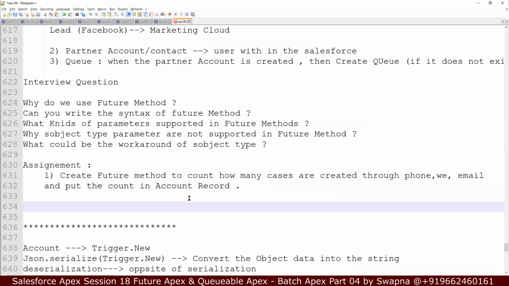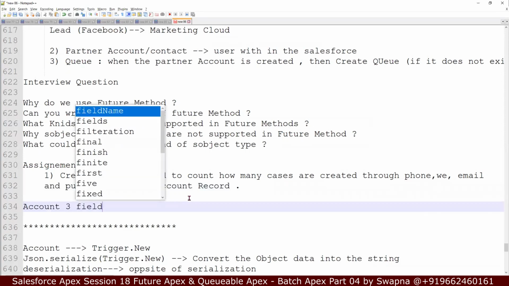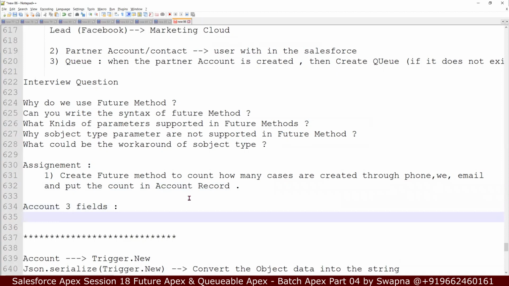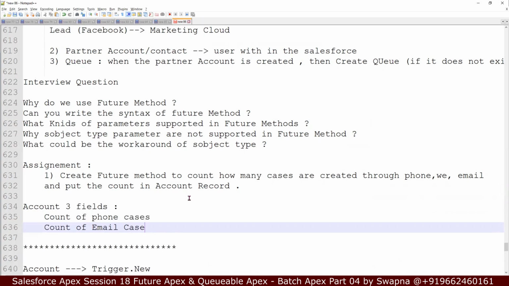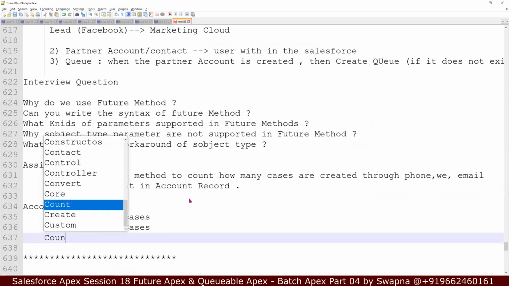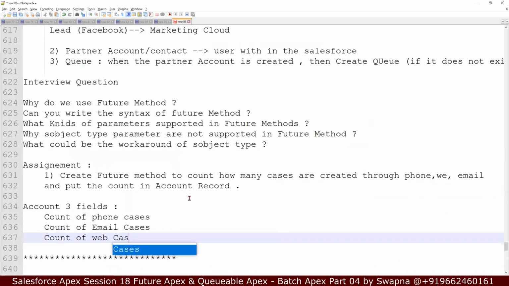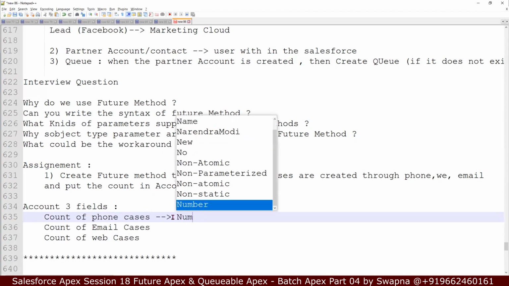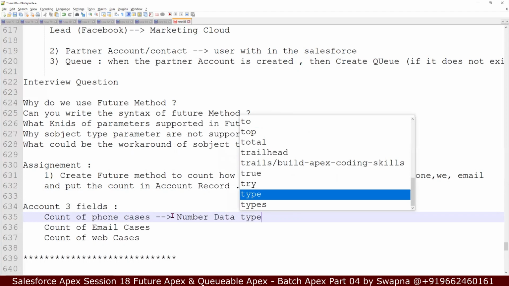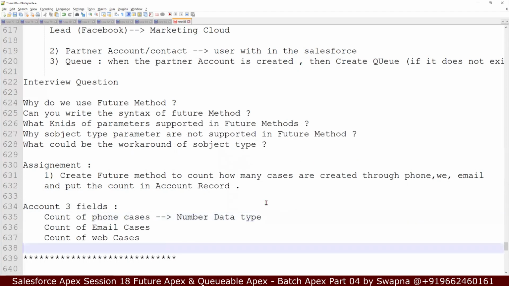So that means on the account, you have to create 3 fields. One is count of phone cases, another one is count of email cases, and another one is count of web cases. And keep it as a number data type, because we are storing numbers, right? Create these 3 fields and